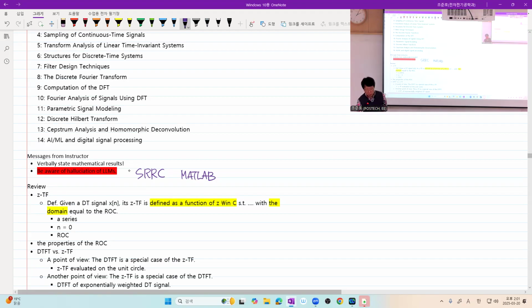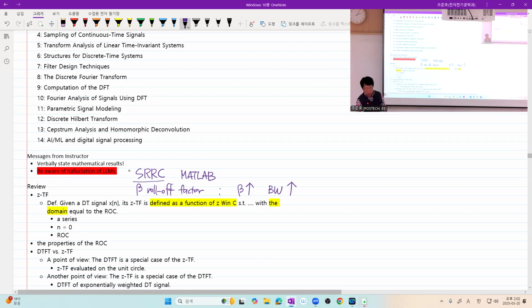So the parameter beta, or sometimes alpha or gamma, depending on which source you use, the roll-off factor of the SRRC, square root raised cosine pulse, determines the bandwidth of the pulse. And what you need to remember is that if beta increases, the bandwidth of the pulse also increases,